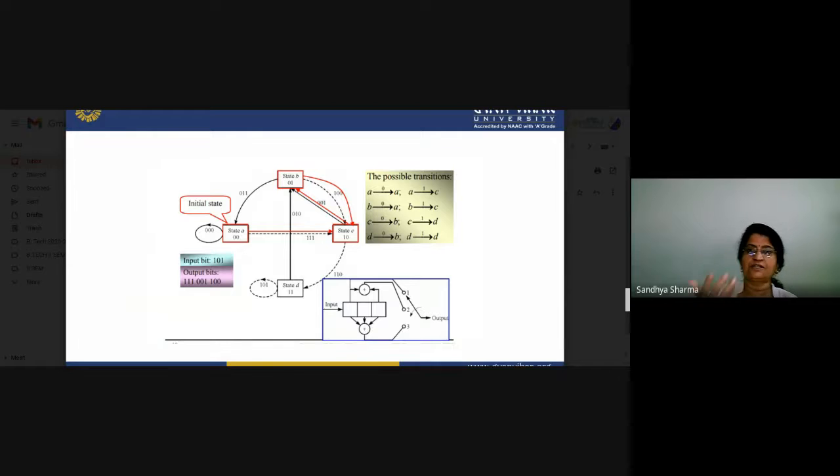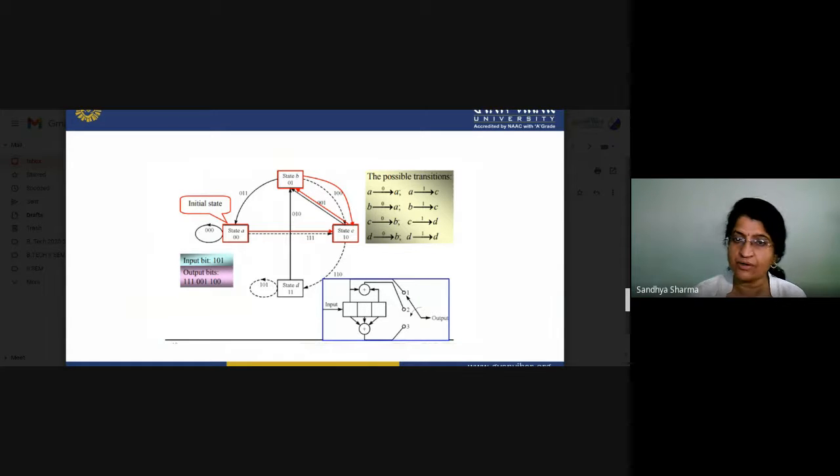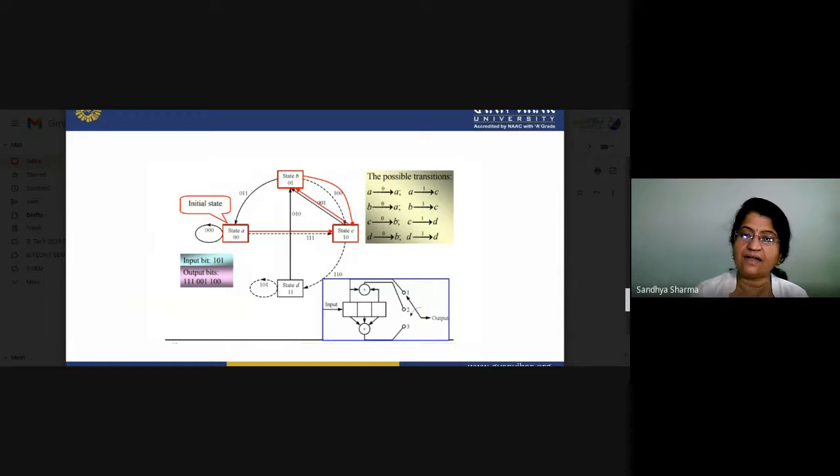In the initial examples we took a group of 2, but in this example we are taking a group of 3. What is the reason behind taking a group of 3? Because in this encoder we have 3 outputs, 1, 2 and 3, so when you enter a single bit you will receive 3 output bits. When you are at the present state A, it will move to A or to B. So there are possible transitions, and you have two options for choosing the transitions in a convolution encoder. That is basically the part which we have to see.